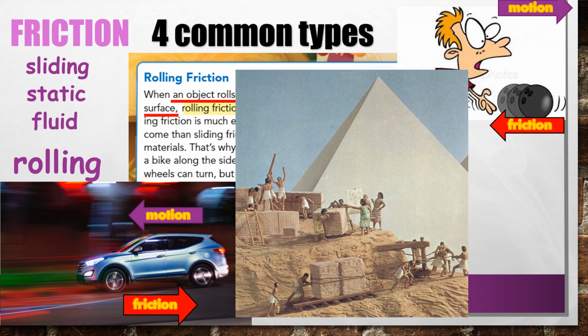The idea of the Egyptians building the pyramids, the concept is that they used logs to help roll these large stones as they built the pyramids, right? But with that rolling friction, we had a great mass of stone that was being pushed up. It was a difficult task, if you will, to be able to move those up. But the rolling of the logs with the motion of the stones going up,